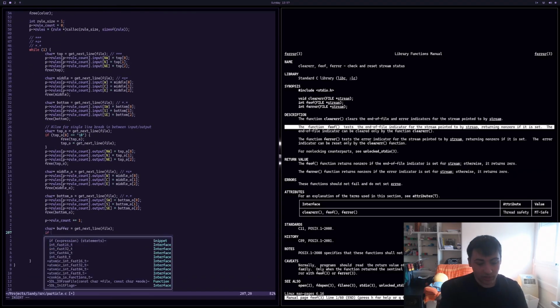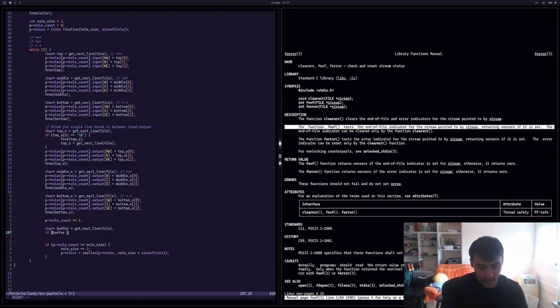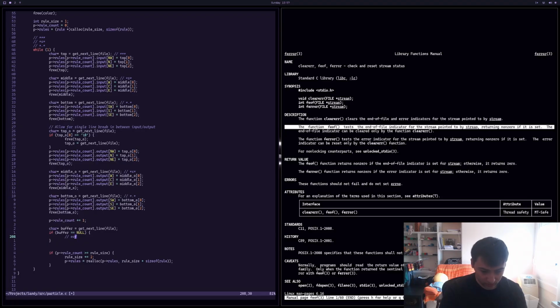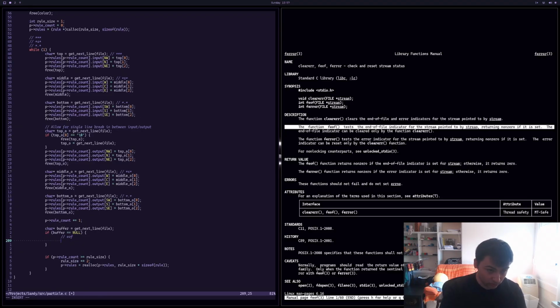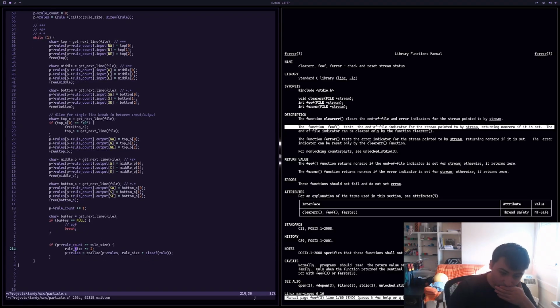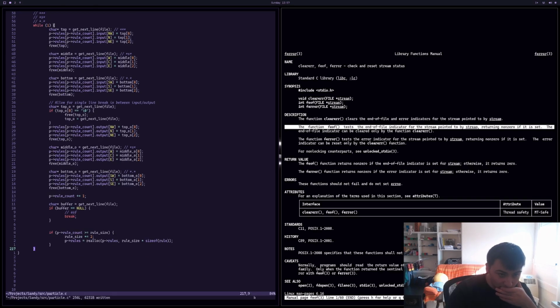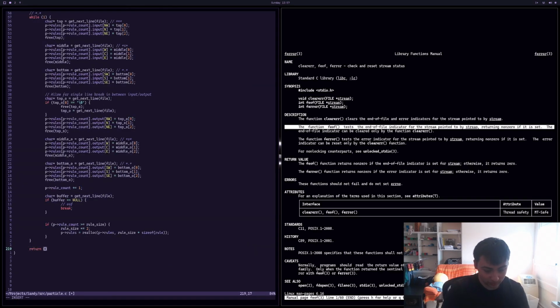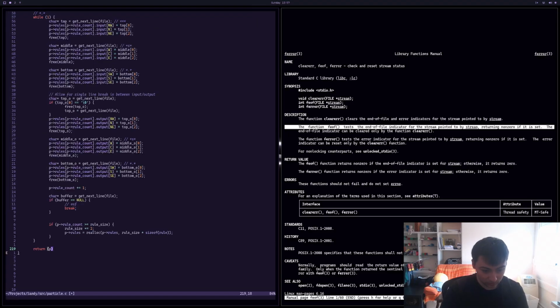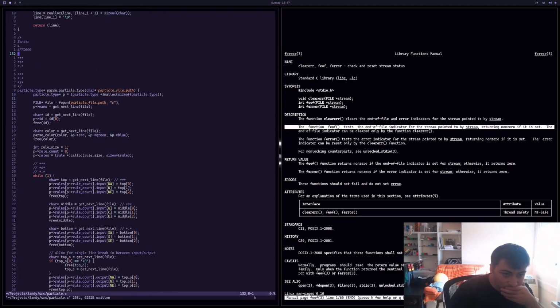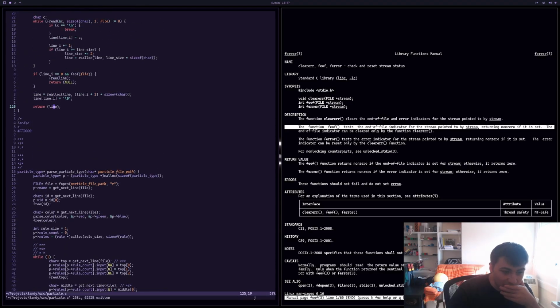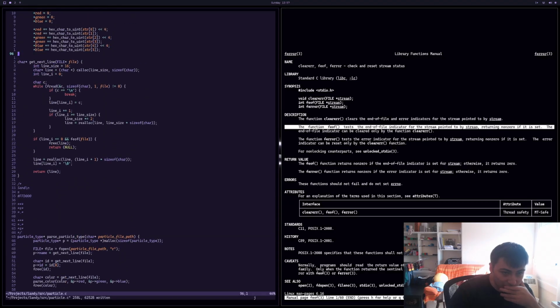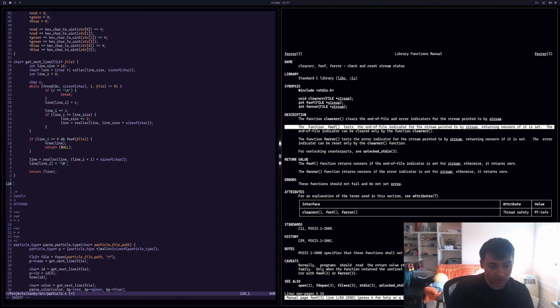Okay. So if the buffer null EOF, then we're done. Then we are done, and then we can return the P. Did that make sense? I sure hope so. Okay, let's just make a dummy